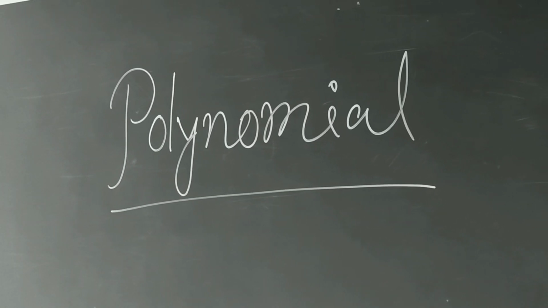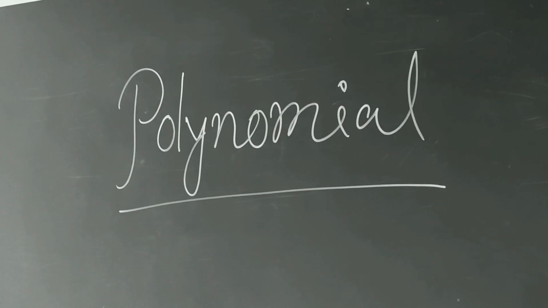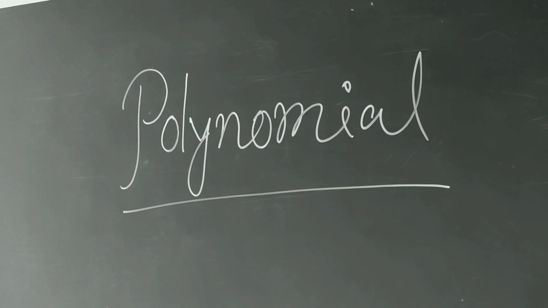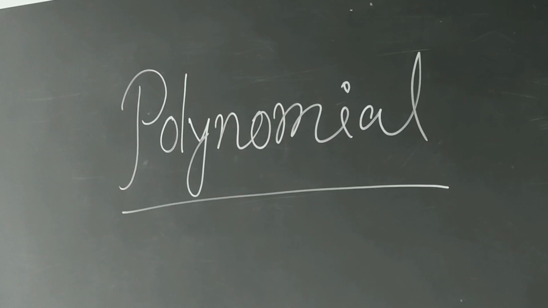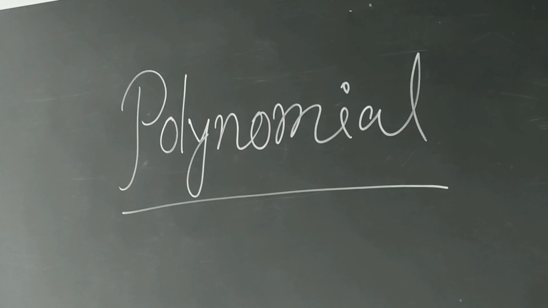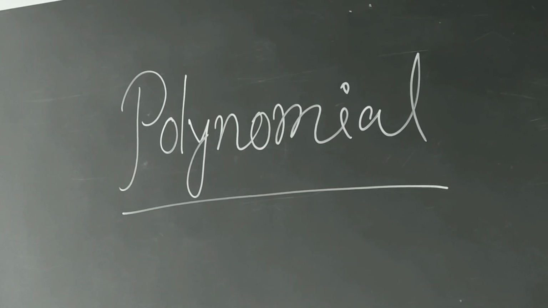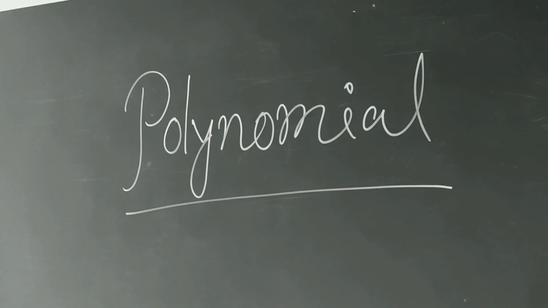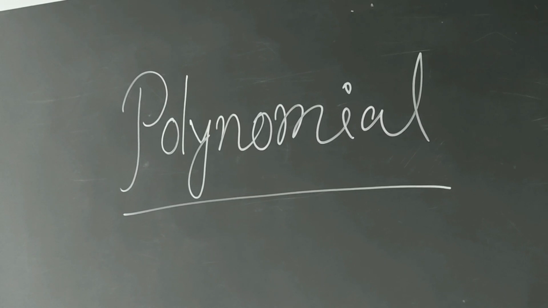What are the basic terms which are needed to discuss polynomial? They are variables, constant term, algebraic expression, and whole number or positive integer. We need to discuss these terms as previous knowledge. Otherwise, it is difficult to understand what is polynomial. So, one by one, I want to discuss. First of all, I would like to discuss variable.